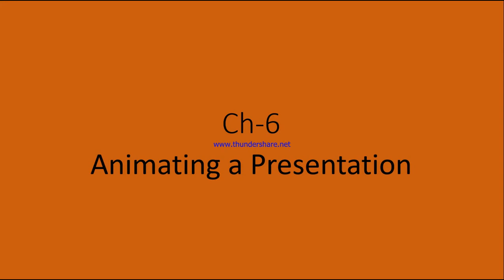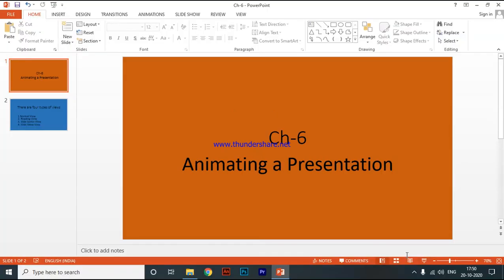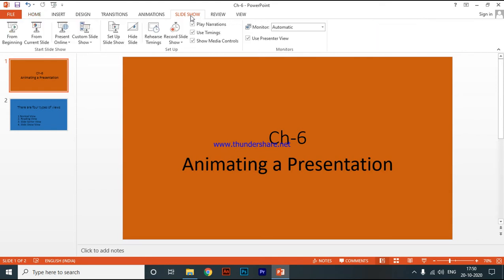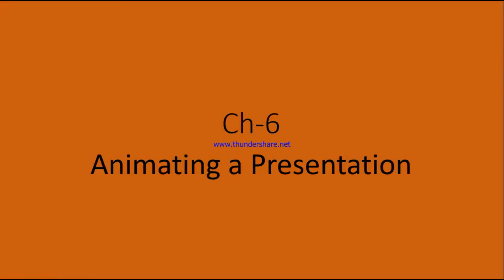Okay, so you can also use the following method to run a presentation. First click on the Slideshow tab on the ribbon. This is the ribbon: Home tab, Design, Transitions and Slideshow. Click on it. Now from the Start Slideshow group, if you want to start the slideshow from the beginning, click on From Beginning, and the slideshow will start from the first slide.